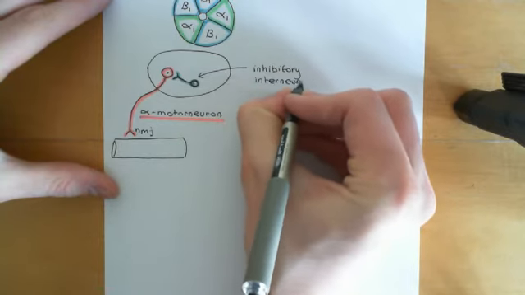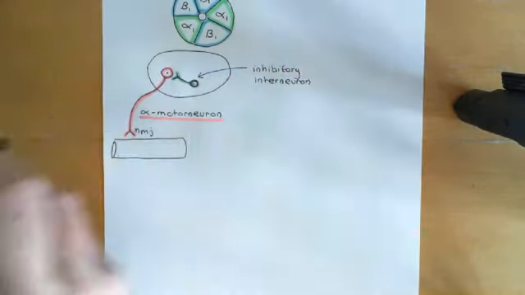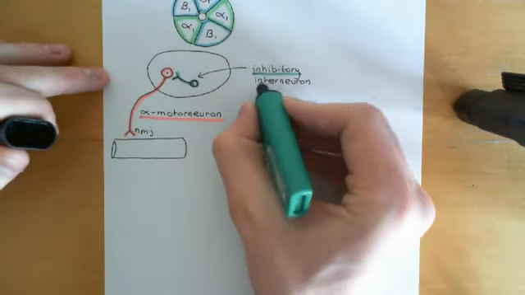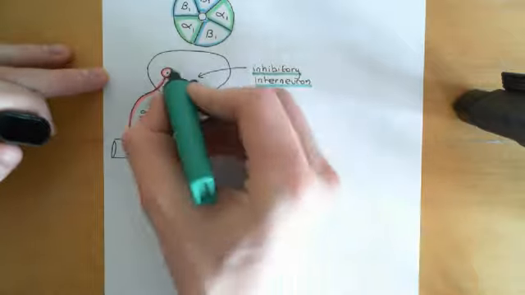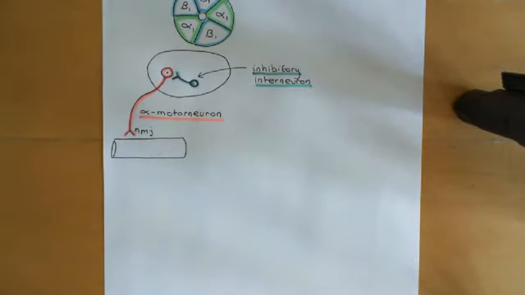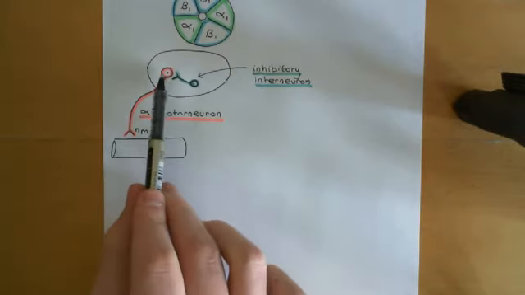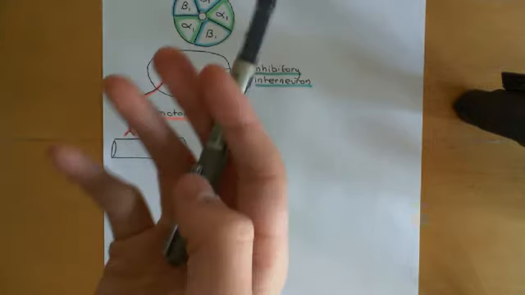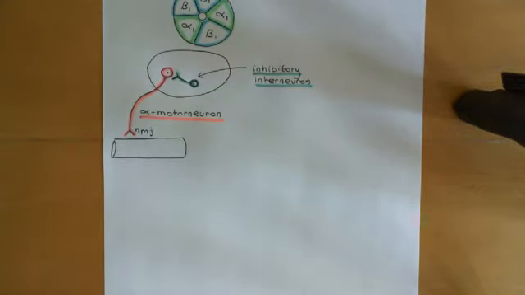Okay, so these inhibitory interneurons have synapses onto the alpha motor neurons, which are inhibitory synapses. The neurotransmitter used in these inhibitory synapses is usually glycine. So they are releasing glycine onto the alpha motor neuron, and therefore the alpha motor neuron has glycine receptors on its surface, which we've just studied. And we know how this will work now. The glycine receptors will allow chloride currents into the cell,